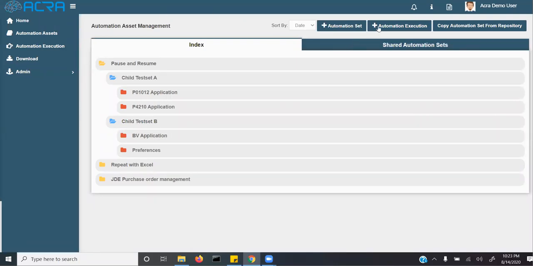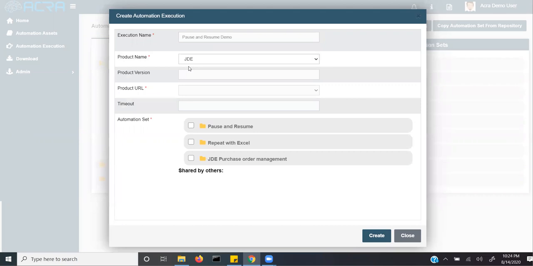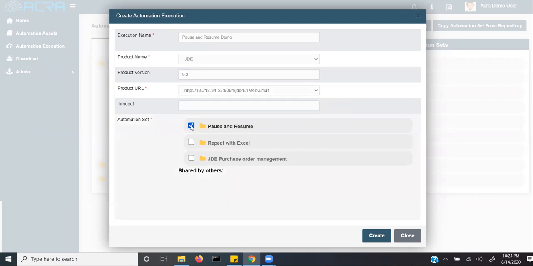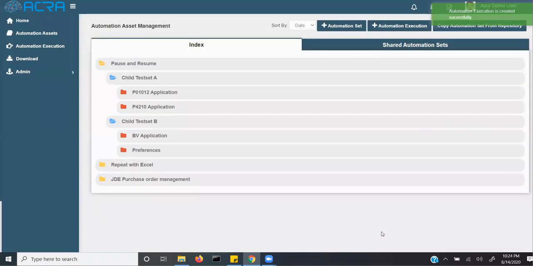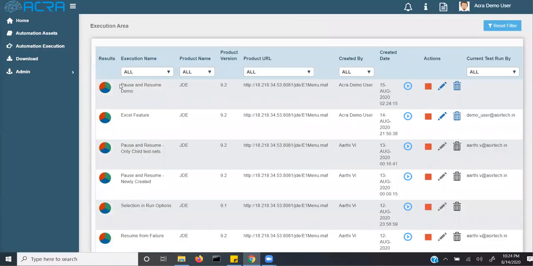Click on Add Automation Execution button. Enter the execution name. Choose the product name. Enter the product version. Choose the product URL. Select the automation set and click Create button. After creating a new execution, navigate to the automation execution page and see that the newly created execution is listed